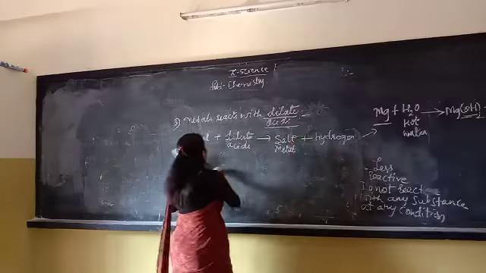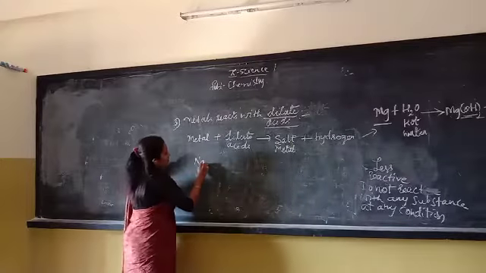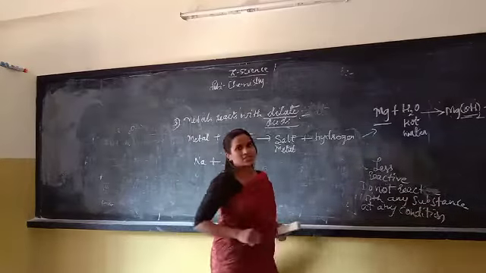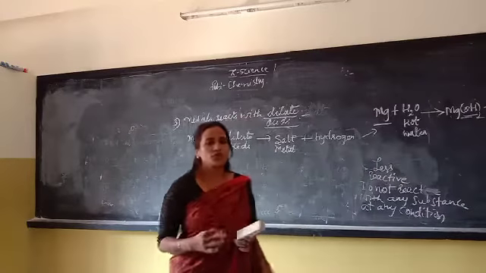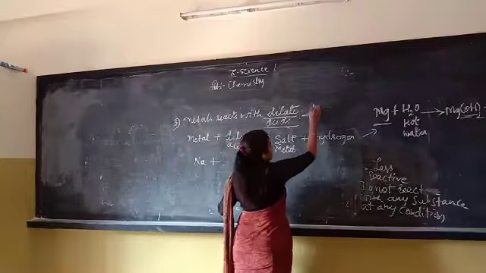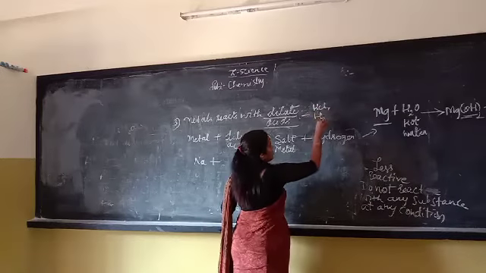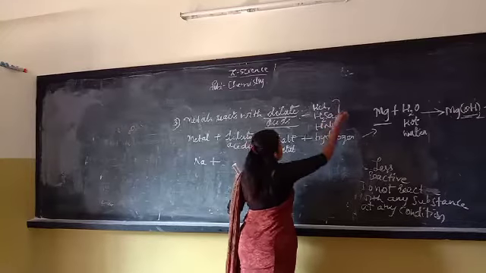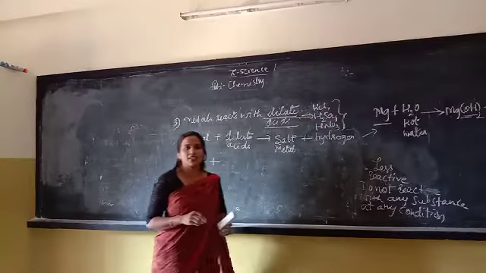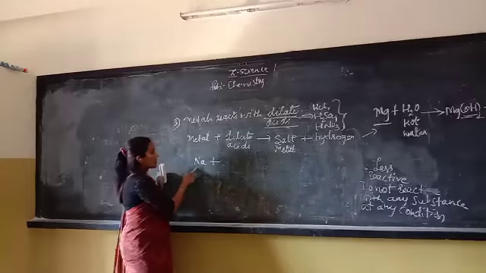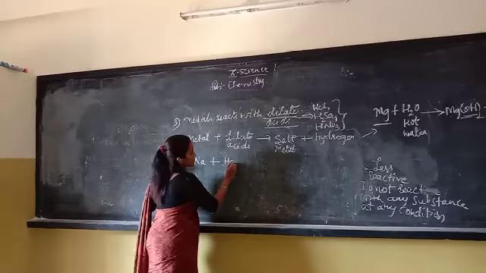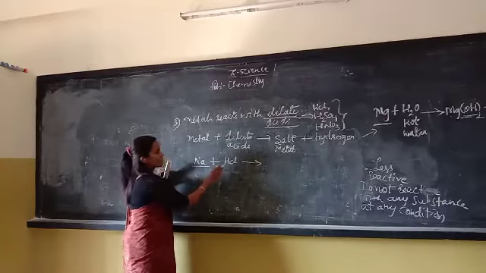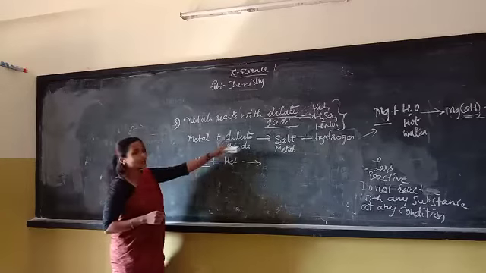So let me take sodium. The dilute acids are mineral acids. They are the mineral acids which we get in the earth's crust. For example, hydrochloric acid, sulfuric acid and nitric acid. These three are the dilute acids or mineral acids. So what happens when sodium reacts with, let's take an example, HCl. Okay, so this is sodium and this is hydrochloric acid, which is a dilute one.